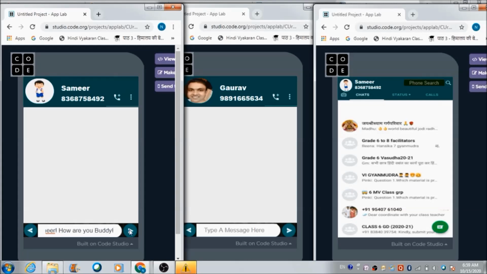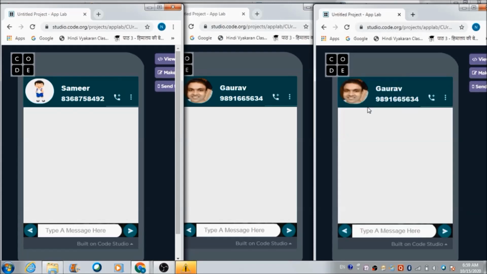Let's send a message to Sameer. So Sameer, in order to receive the message, needs to search for Gaurav's profile first. When he clicks on Gaurav's name and comes to this receive button, he will be able to see the message Gaurav has sent to him.